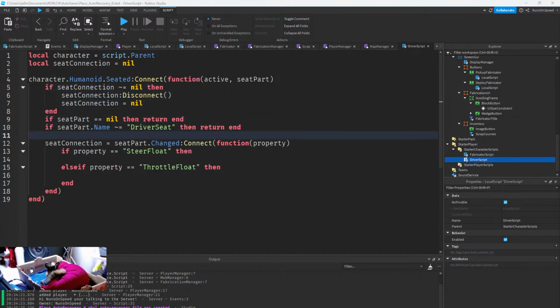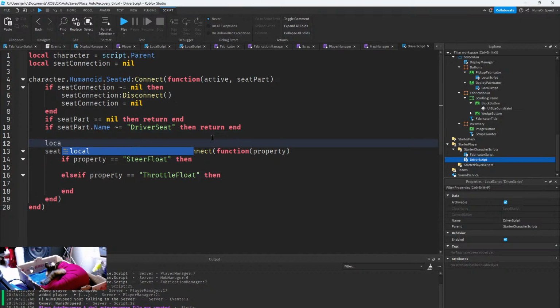Now let's first do the throttle float. So I'm going to need to change the angular velocity and the motor max torque for these cylindrical constraints. So once we're sure that the name is vehicle seats, I'm going to store these cylindrical constraints in a variable. So I'm going to say local cylindrical back left